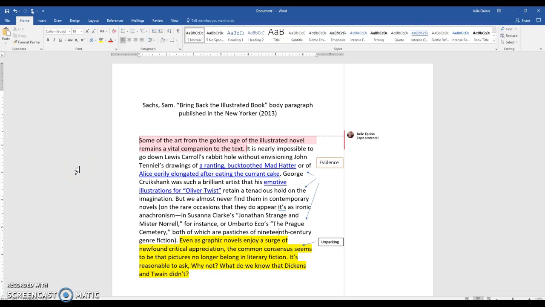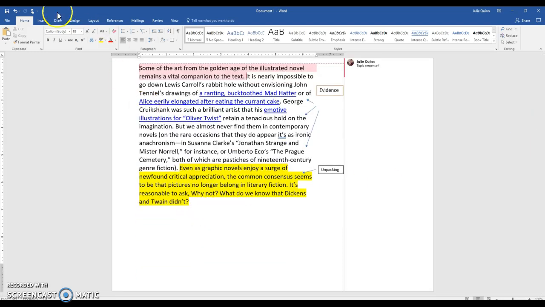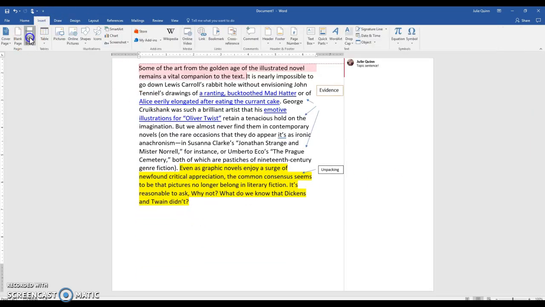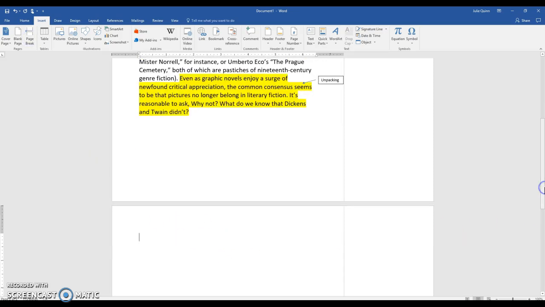Hi everybody, this is going to be a quick tutorial on how to write effective body paragraphs. As you work on drafts and final essay submissions, the body of your paper has got to have effective body paragraphs. And note that body paragraphs are a little bit different than introductions,